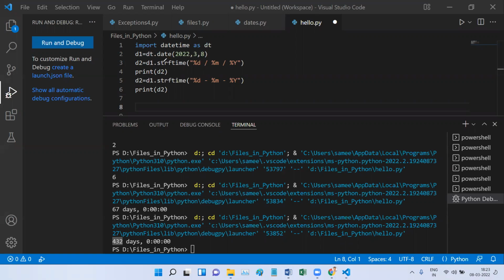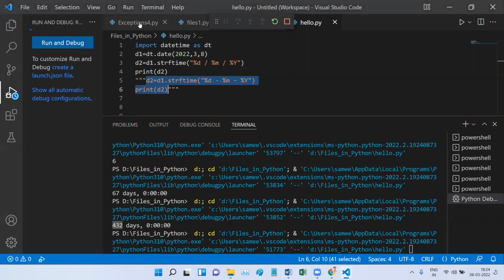So I have a date. What I want is %d to print the date, %m to print the month, and %Y, always remember capital Y, will print the year. I want a slash between each, so I introduce slashes in the middle and store the result in the object D2. Then we just print D2, nothing rocket science. Let us comment this out, run it and see what happens.